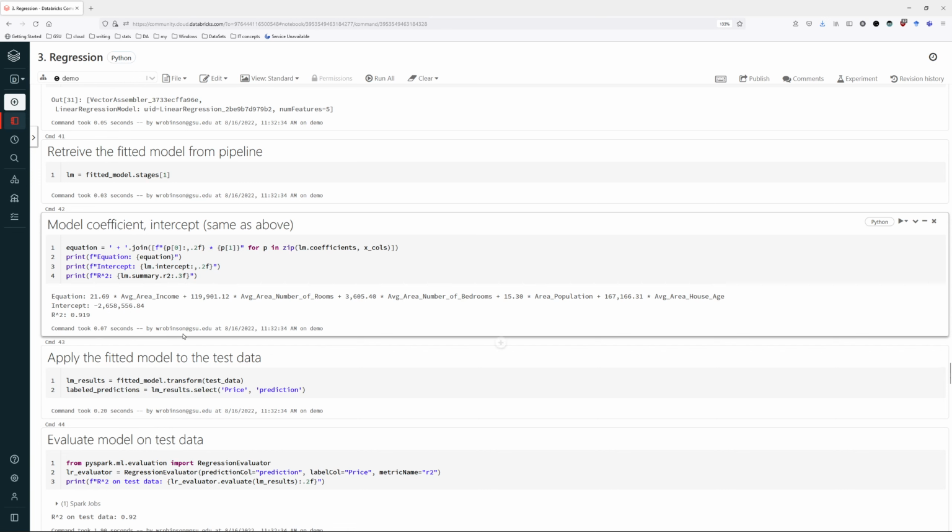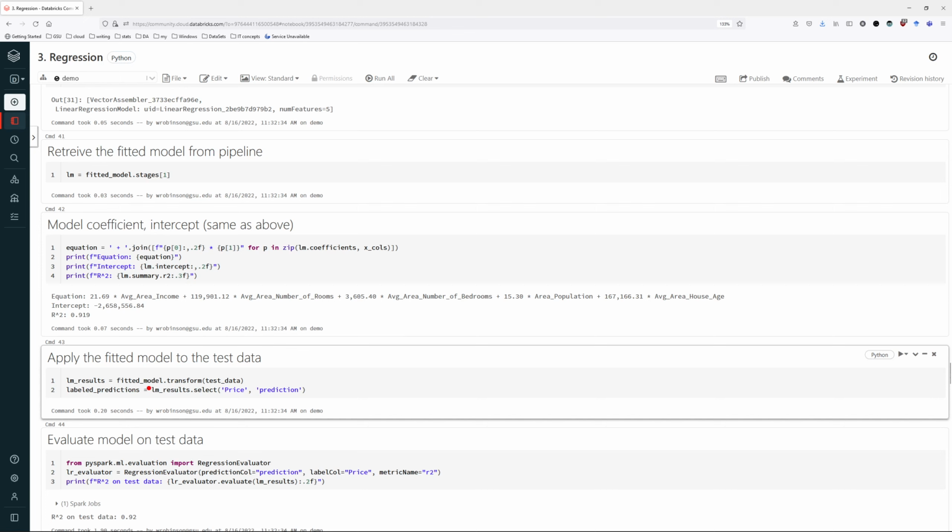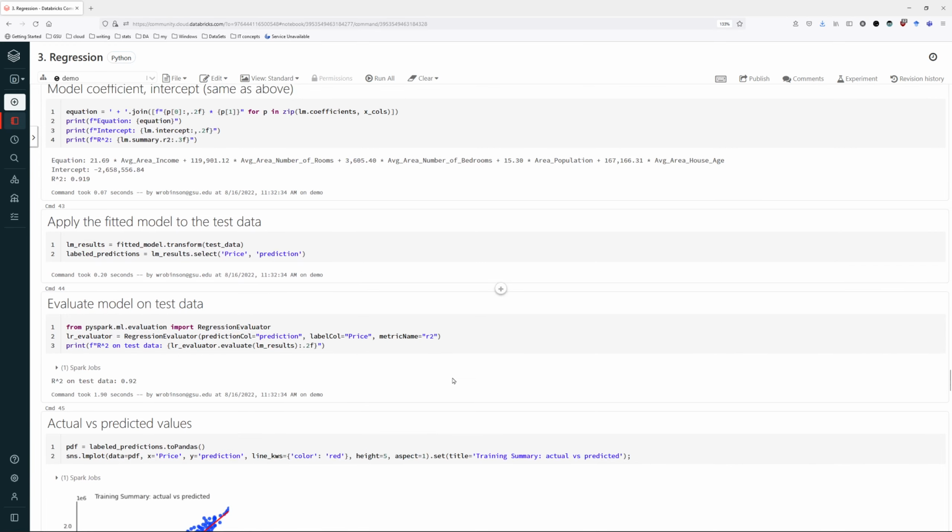And I can also transform with that fitted model. It has both the vector assembler and the linear regression model. I can transform my data in order to get my actual price and my predicted price. So these are my labeled predictions. And once I have that, I can go ahead and take my labeled predictions,